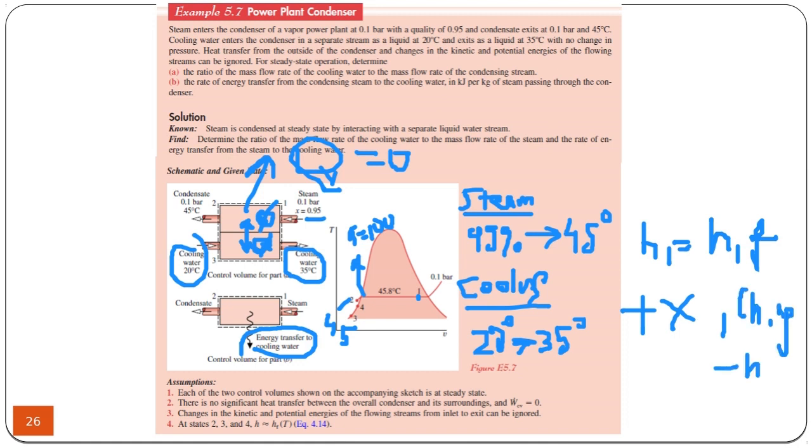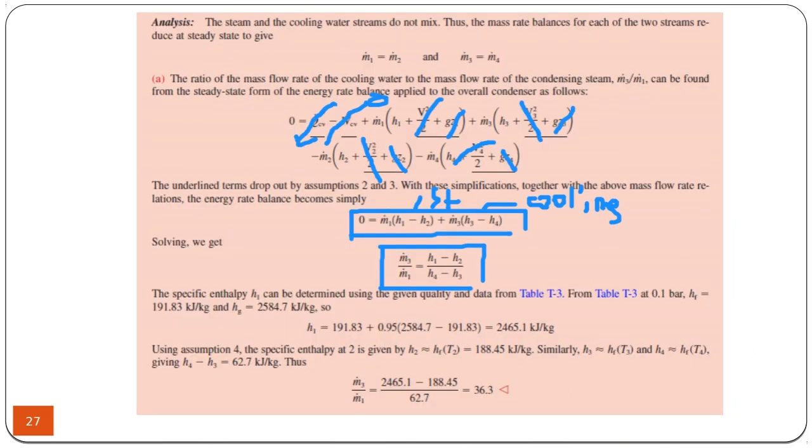And these values are going to be obtained from the table of the steam at a pressure of 0.1 bar. So when we do this, we can find the enthalpy of state 1 to be 1465. And enthalpy of the water can directly be found to be